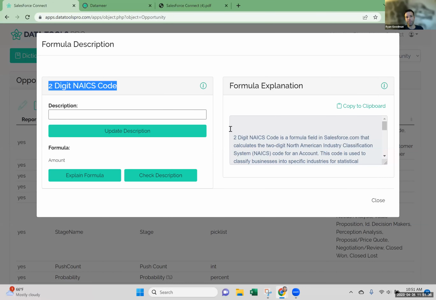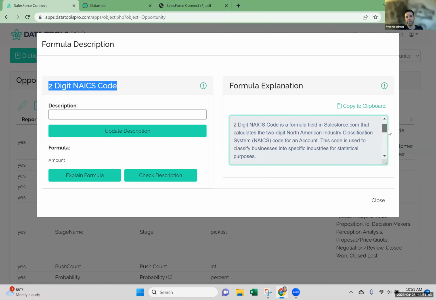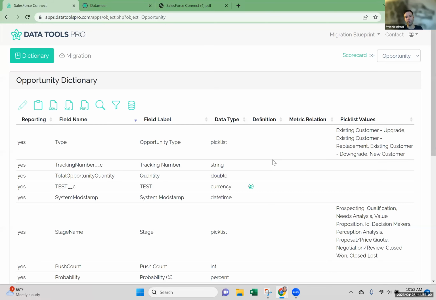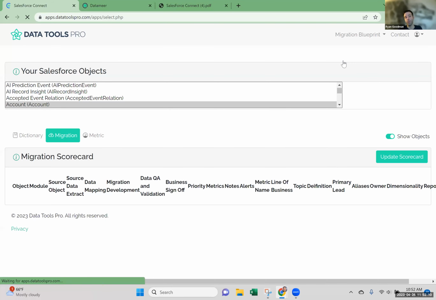So it's using the name of the field, if you had a description in Salesforce, and the formula, and it's trying to compare all three of those things to help you explain what it is. This is a very simple example, but if you've ever had to roll through a massive long nested if or case statement, this is the kind of thing that you get buried in, where we're trying to save time. So similarly, we're doing the same thing with pick lists, where if you're trying to map states and countries and those kind of things, we're trying to streamline or get rid of the manual work